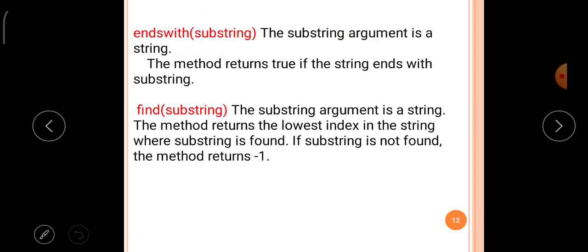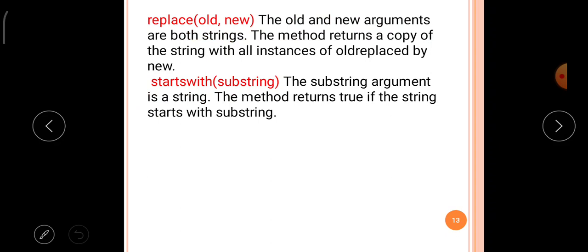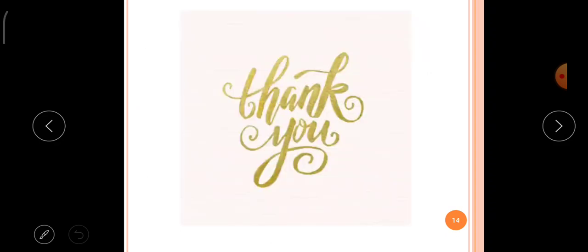Like that, these different types of string functions in the Python language are called string methods. The string methods or string functions in the Python language belong to built-in functions. So the built-in functions, I am concluding the class.